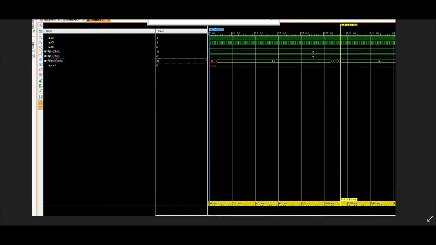Now we are looking at the post synthesized simulation of the carry look ahead adder. As you have seen, the sum will be generated after 114 nanoseconds, while in the ripple carry adder it takes too much time in post synthesis.